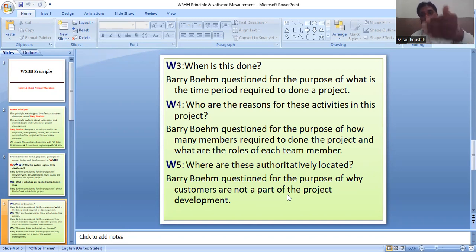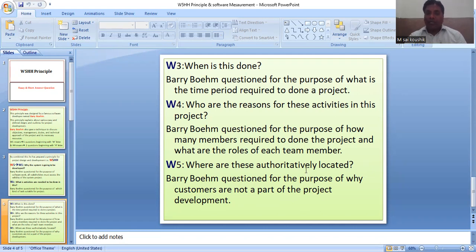After receiving the output, the customer has to examine how useful this software is to him. After he realizes, he has to give feedback. Based on the feedback, the person gets some enthusiasm and makes more software, more programs, more tasks. So this is called W5.